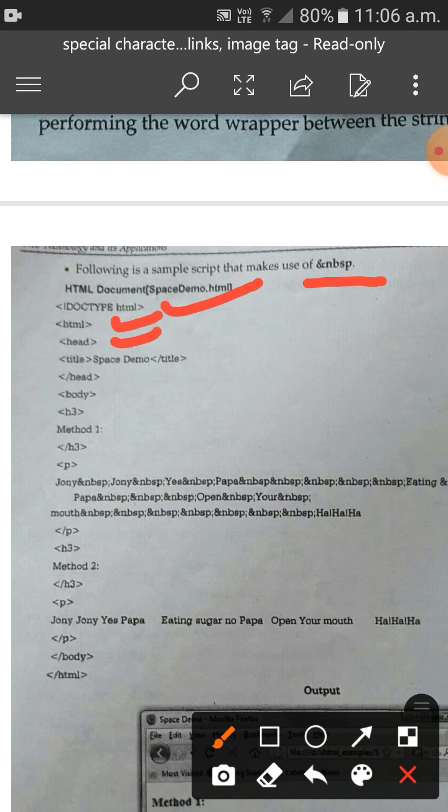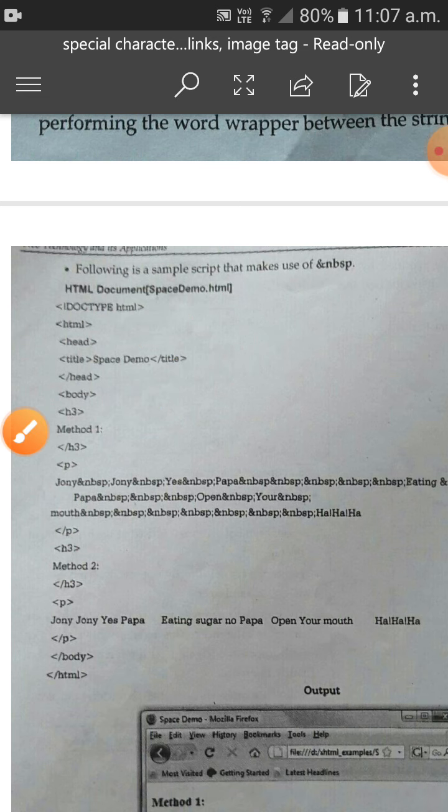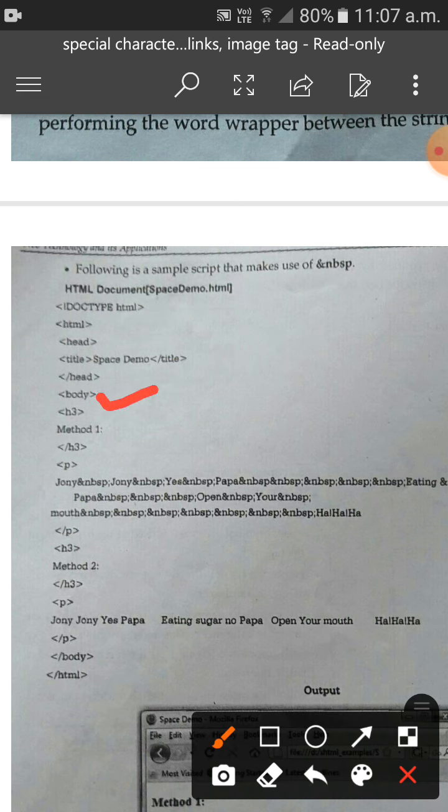Within the head we give the title, space demo. Then we close the head tag and open the body tag. Then the h3 heading tag, where we give method 1, and we close the h3.